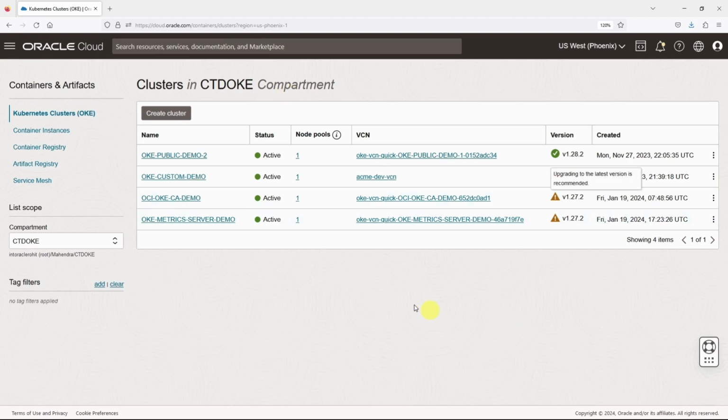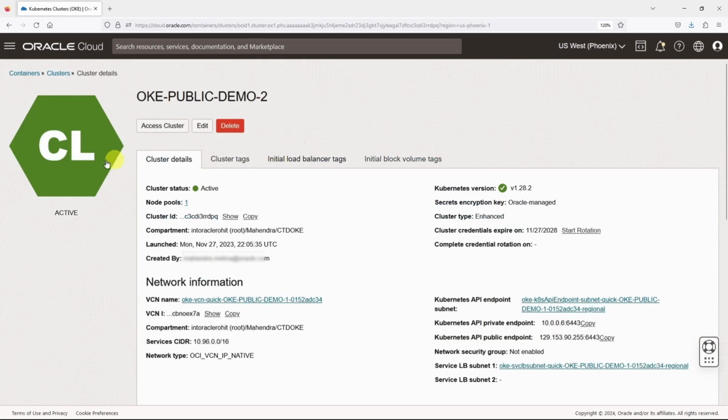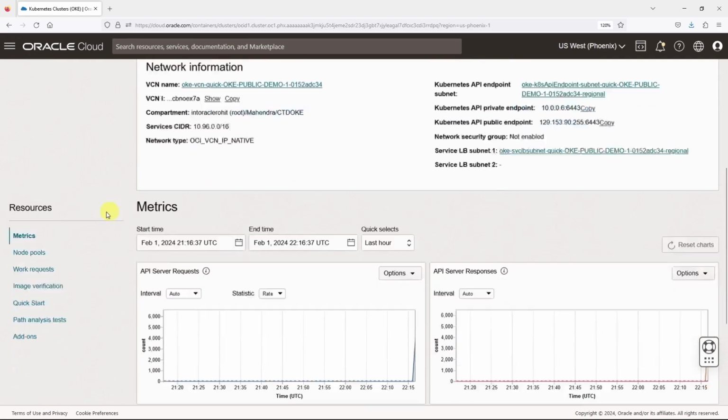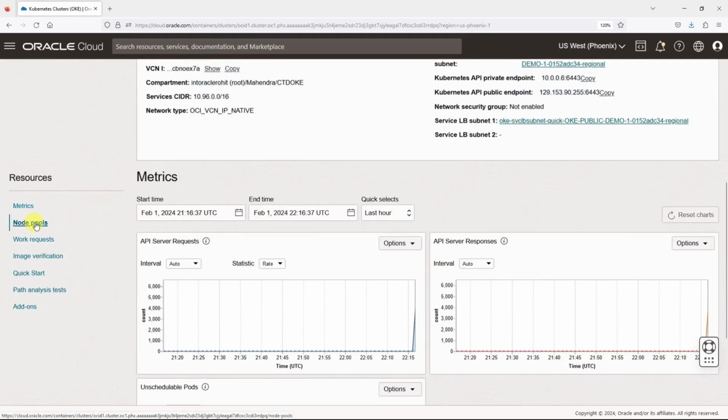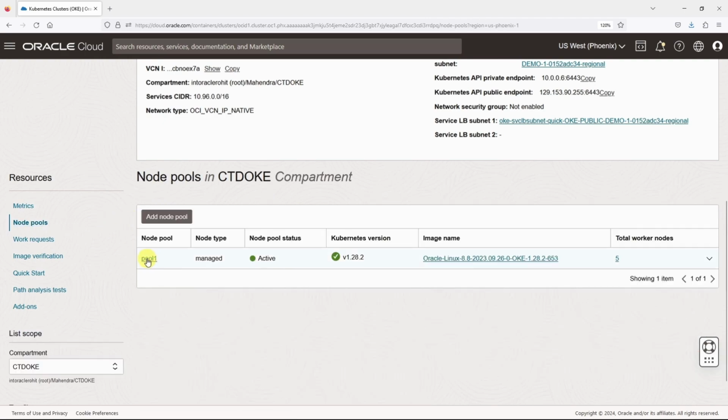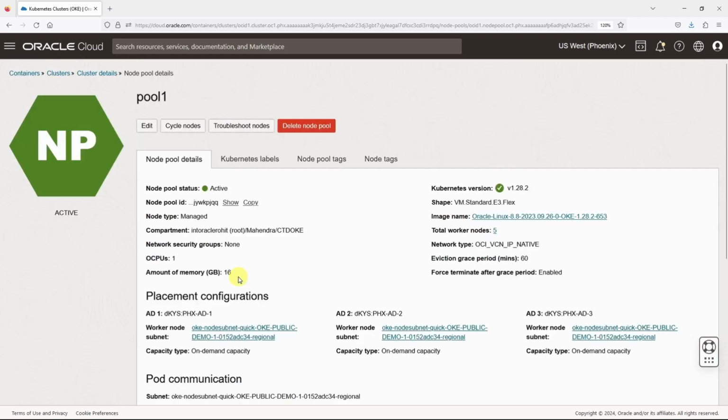I'm already logged into my OCI console and I'm on the Kubernetes clusters service page. I'll select one of the Kubernetes clusters and let's go to the node pool section. I'll click on the node pool name, and when I click on the edit button,